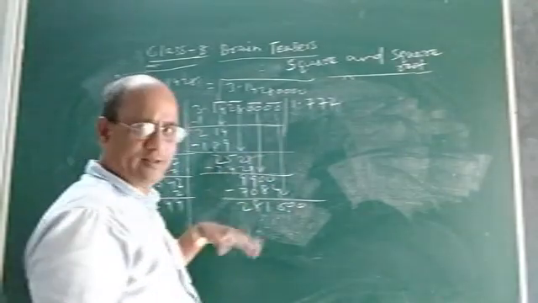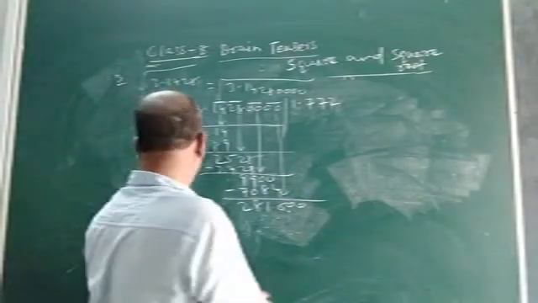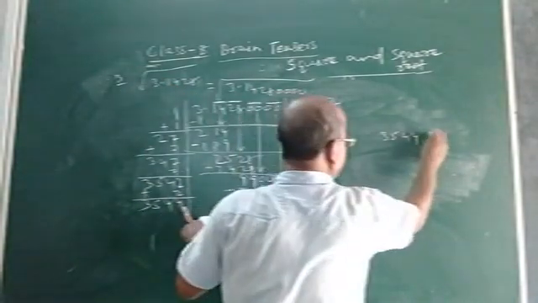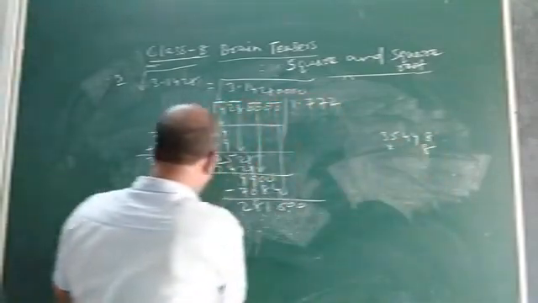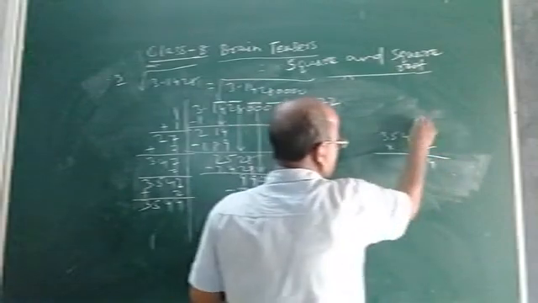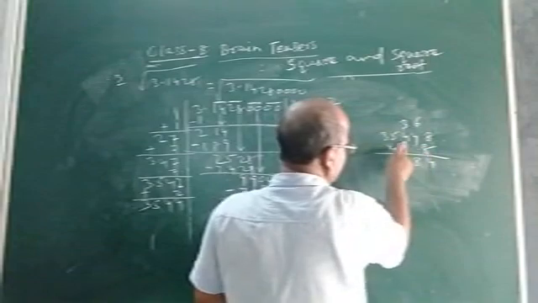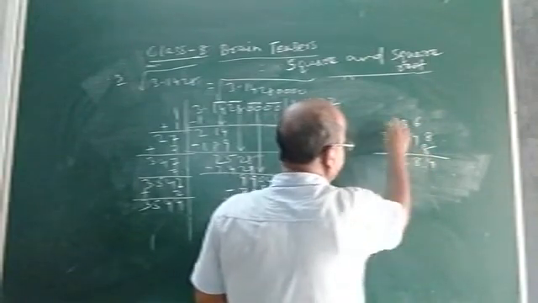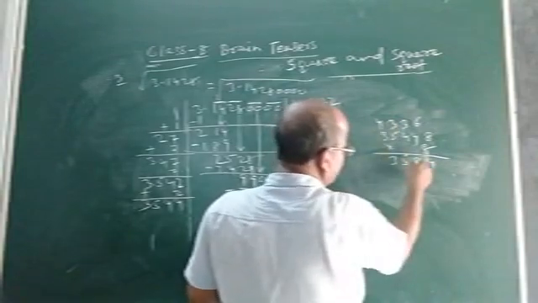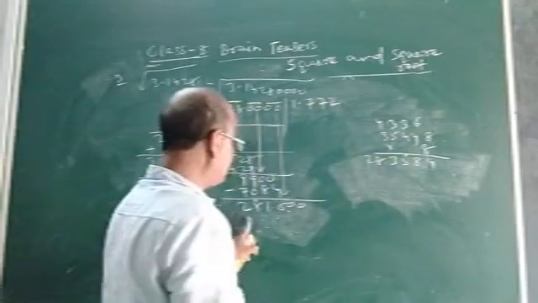8 3s are 24. Let us try with 8. If the product is more than this number, then we will write 7. Let us see. 3 5 4 4. 8 into 8, that means I put here 8 and here 8. 8 8s are 64. 8 4s are 32, plus 3 is 35. 8 5s are 40, plus 3 is 43. 8 3s are 24, plus 4 is 28.